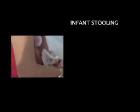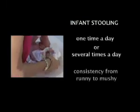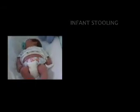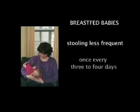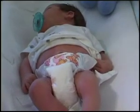Stooling for a newborn can vary in frequency from 1 time a day to several times a day, and the consistency can vary from runny to mushy, but should not be as thick as peanut butter at this age. For breastfed babies, stooling can become less frequent, even once every 3 to 4 days. As long as your baby is feeding well and does not appear to be uncomfortable, whatever pattern emerges will be